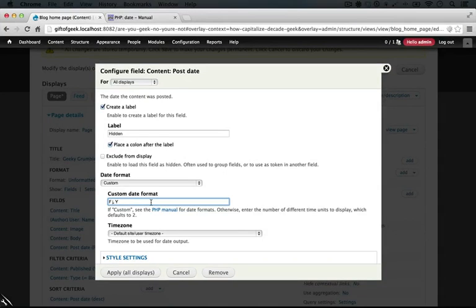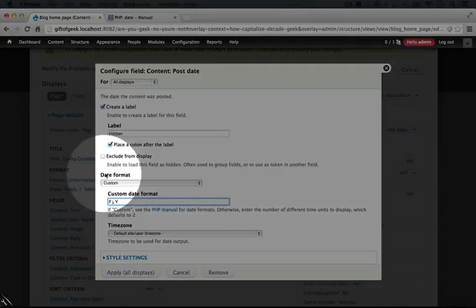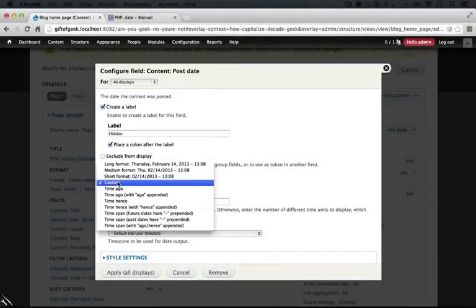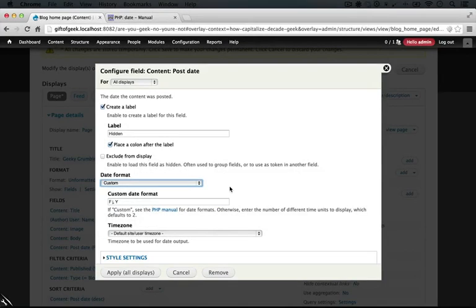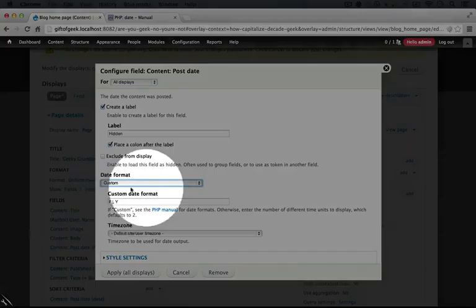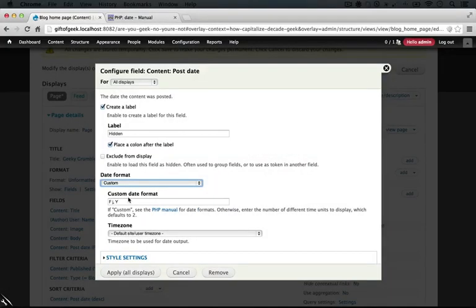Now one thing that would be good to note here is that this is some configuration that if we use the proper modules, we could reuse. If you install the date module, you can create custom date formats that you can select from this date format dropdown. We could also probably use the custom formatters module in order to create a formatter for any date fields. For now though, this is pretty straightforward. We'll do it here without having to think about reusing it later on.